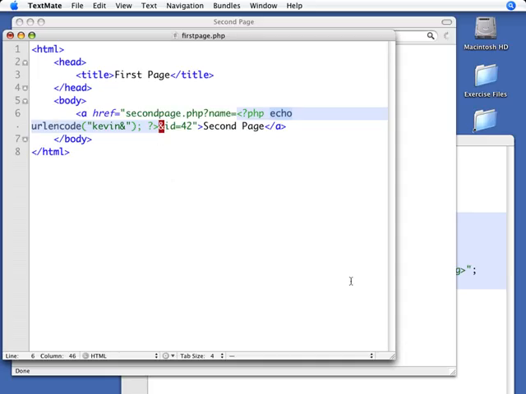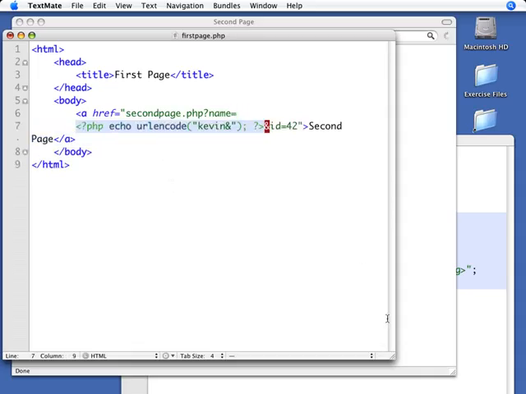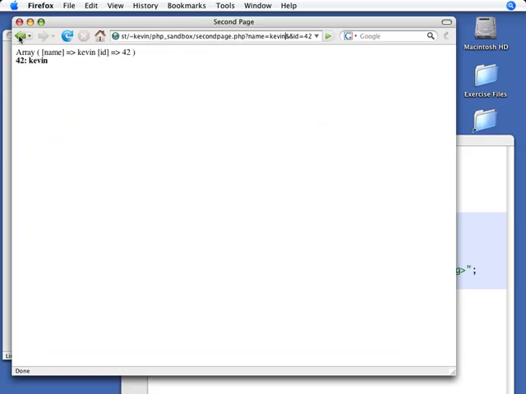Don't let the fact that it's broken up on 2 lines fool you. I could just as easily put a return there so that we can see it that way. That'll do the exact same thing. So now if we try it, and I do save, I haven't made any changes to second page at all. I'm just going to go back and reload it. And now when I click on it, I get the ampersand comes through. And if we look at the URL, we'll see why, and it's because it converted the ampersand to %26,